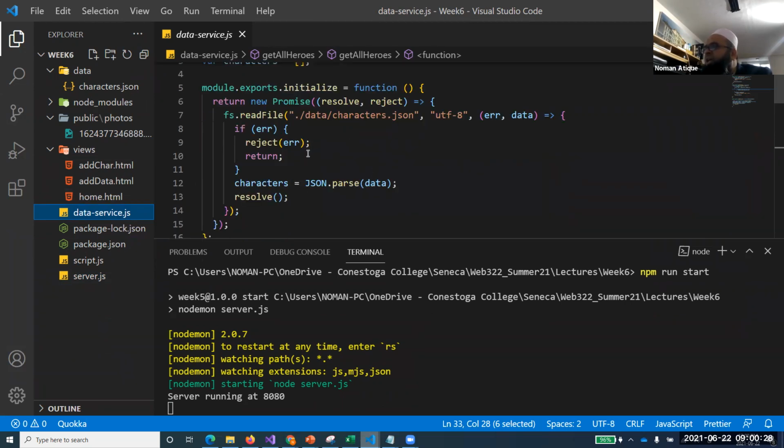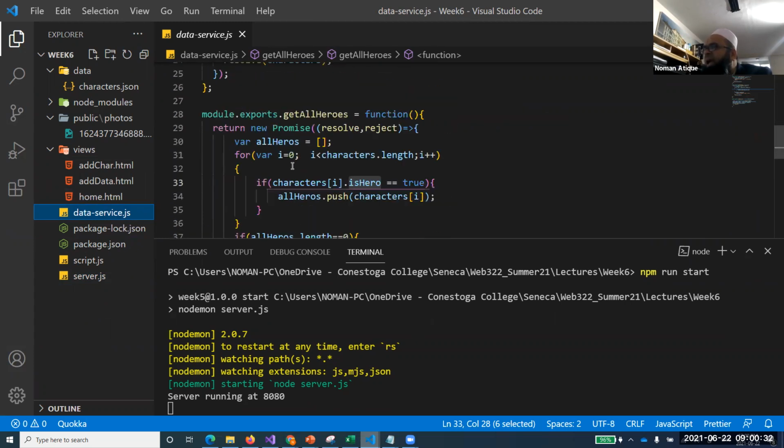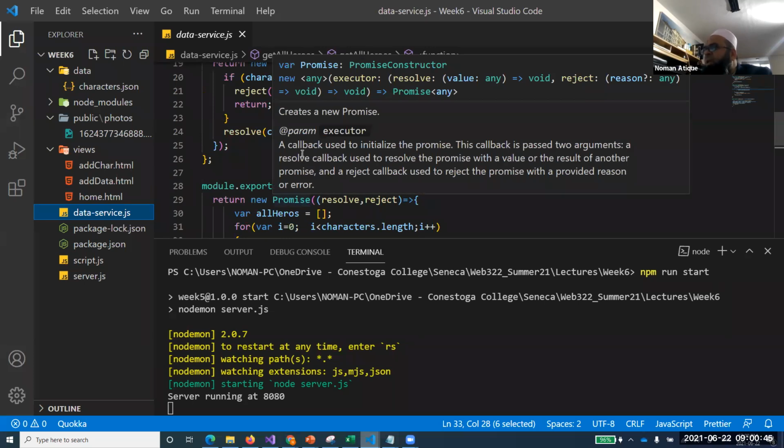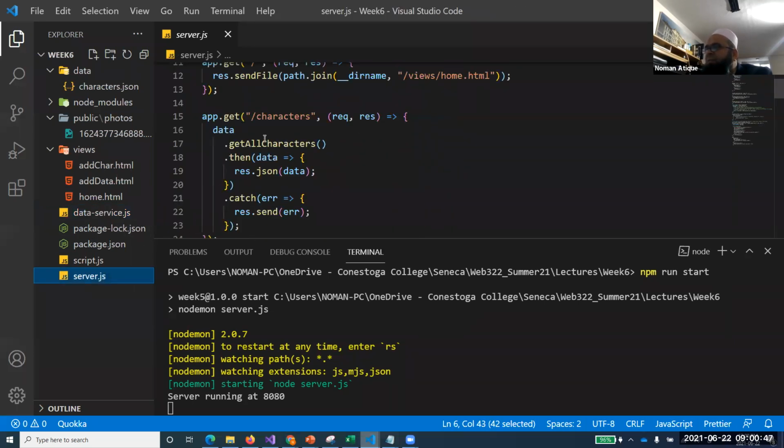So you remember, for initialization, it goes to the file characters.json, brings up that data, and after bringing up that data, get all characters. So this just checks for that and returns that characters data to us. And what we do over here is that we receive that data, and if that data is received, we use this JSON function to convert that into JSON and show it to the user.